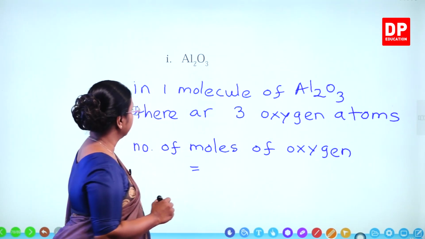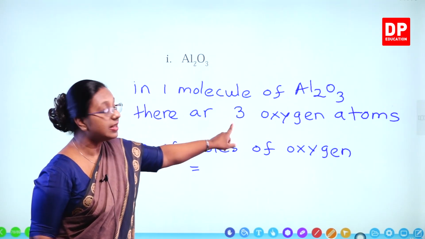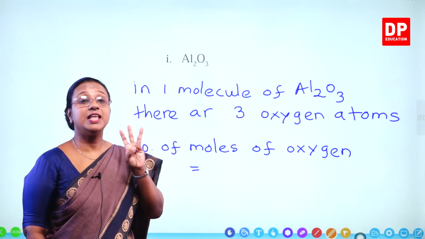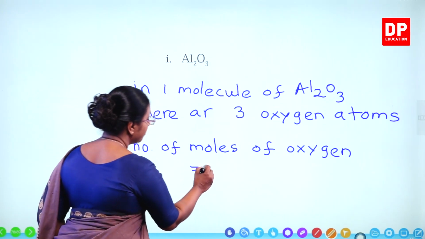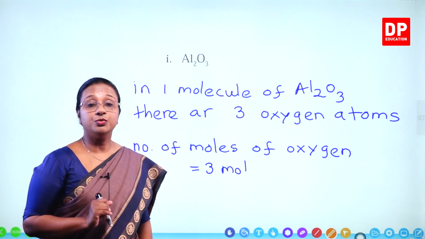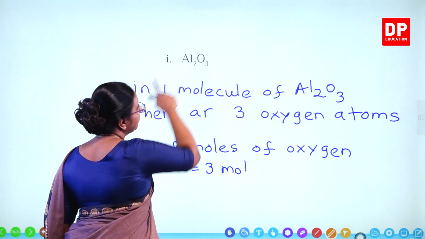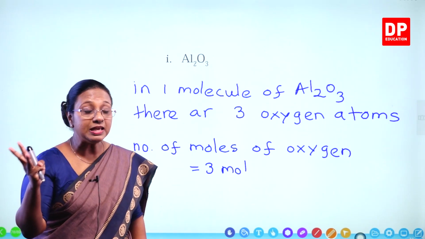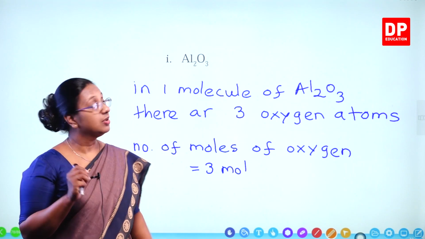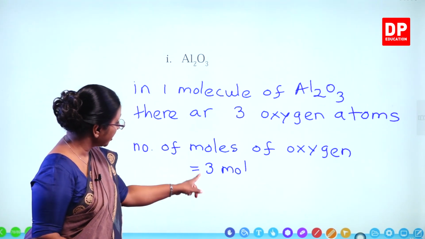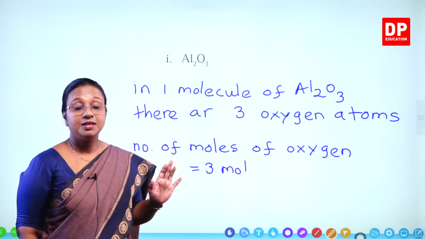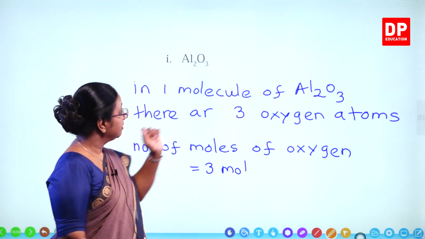So what is that equal to? Now in one molecule there are 3 oxygen. So in 1 mole of aluminium oxide there will be 3 moles of oxygen. That is what you need to find. So count the number of oxygen atoms. There will be that number of moles in 1 mole of the compound. So in 1 mole of aluminium oxide there are 3 moles of oxygen atoms. Is that clear? Then the next one,